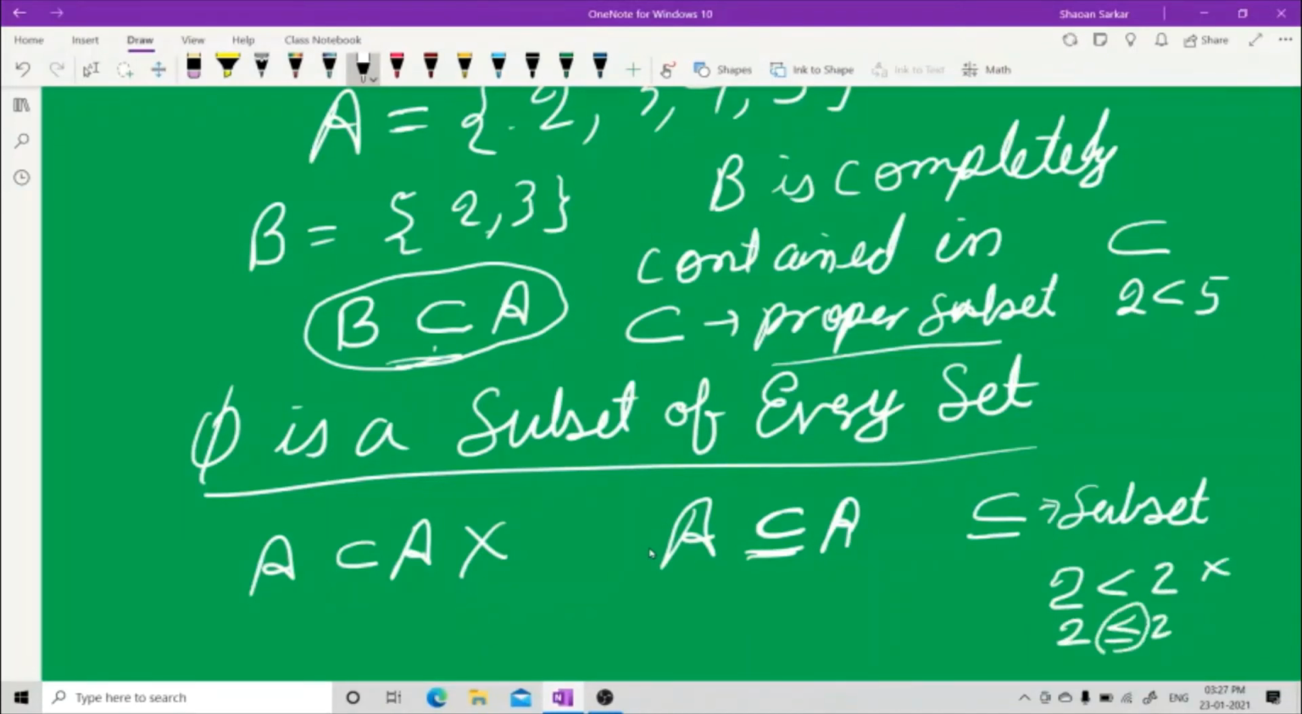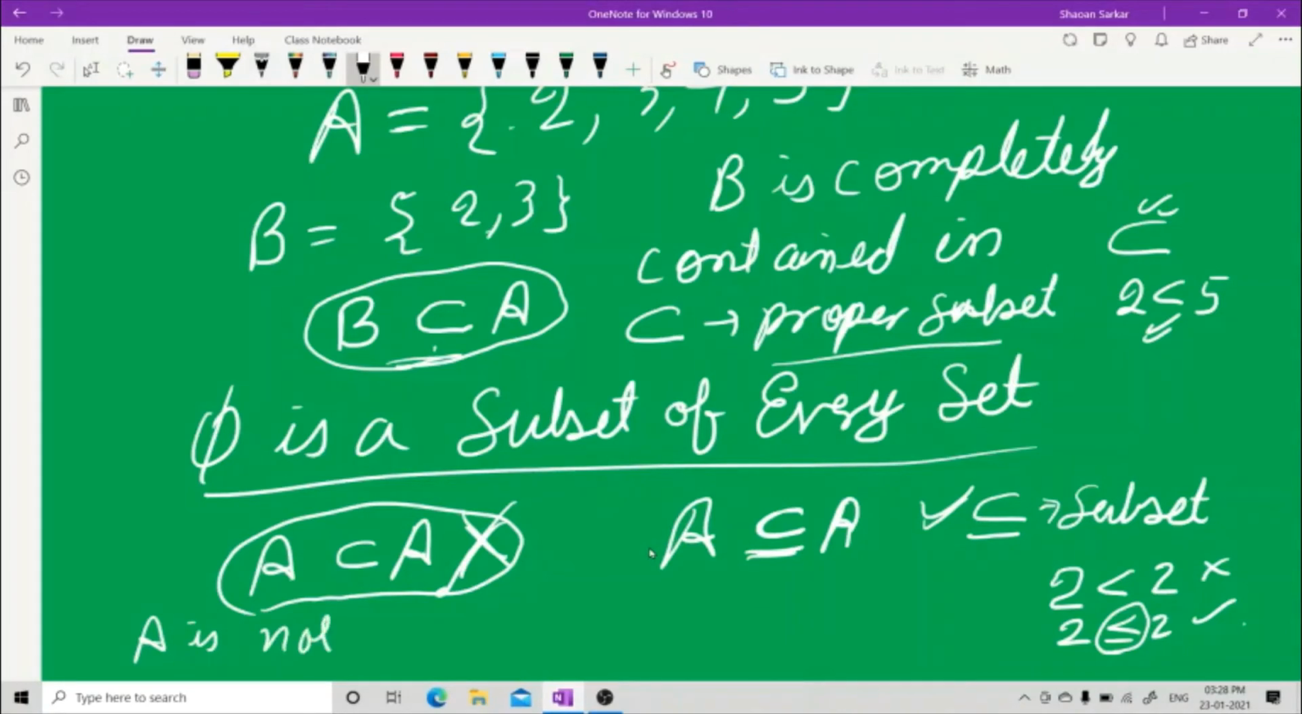So this symbol somewhat behaves like this, and this symbol behaves like this. Now I think you will be able to understand what I want to say. This is not proper, you cannot write this way. It is totally wrong, because A is not a proper subset of A, but